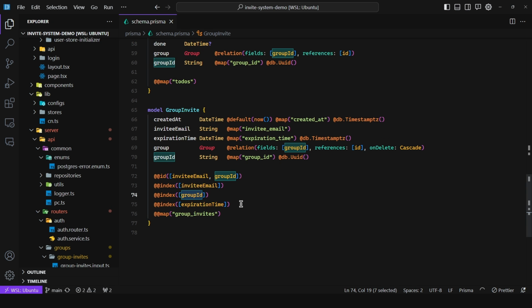And then we have the index for the expiration time. And again, this would be crucial for the cron job. So when you want to delete all of the invalid group invites, it's good to have this index. Now, the reason we do not have an index for an invitee email and a group ID is because this compound primary key already does that for us. So it would be totally unnecessary to add a compound index for this case, since it is already covered by